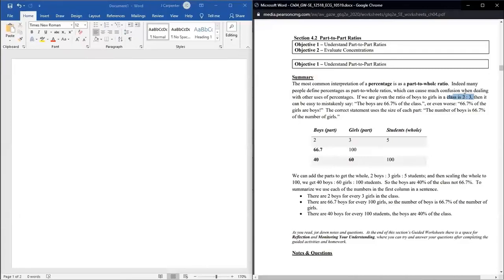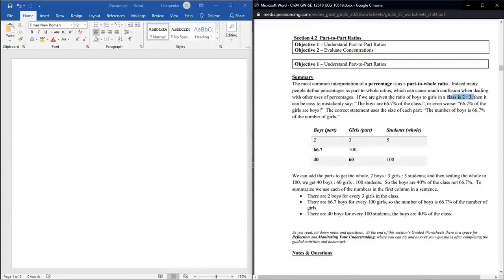Now, we're going with the idea that we're just going to label boys and girls. So then the students as a whole are 5. Again, just going with the context of this problem. And then, where are we? Sorry, this is kind of small font for me. So it's easy, there we go.